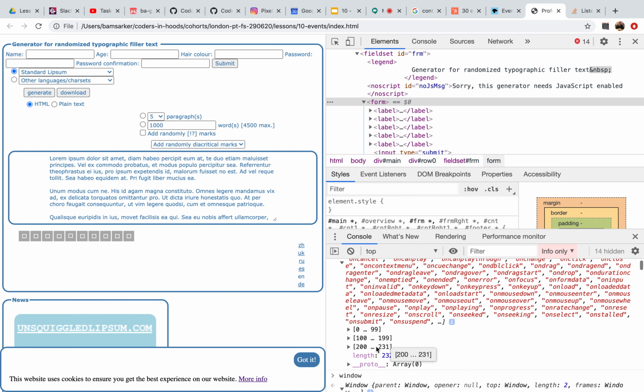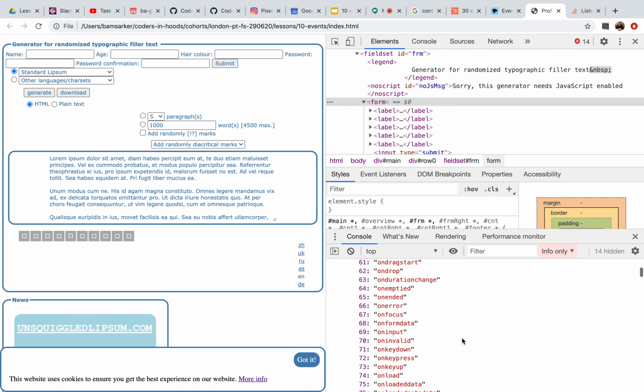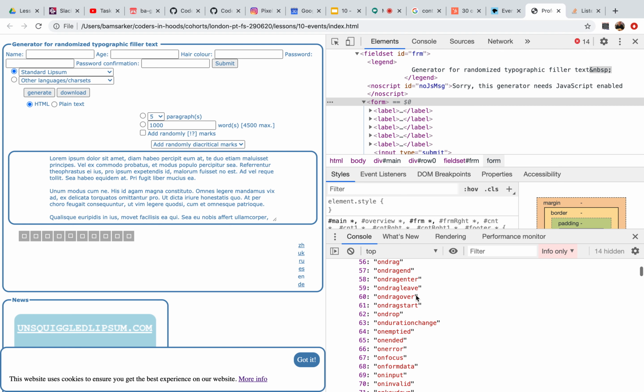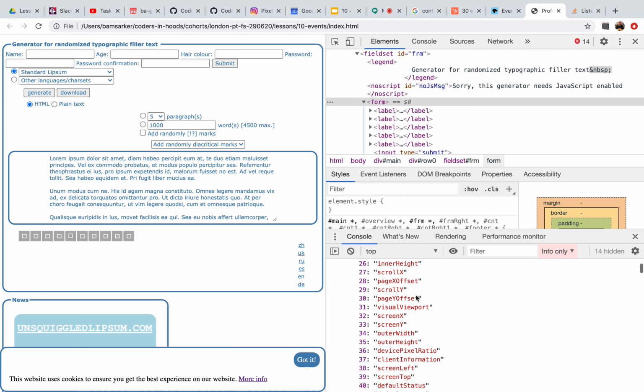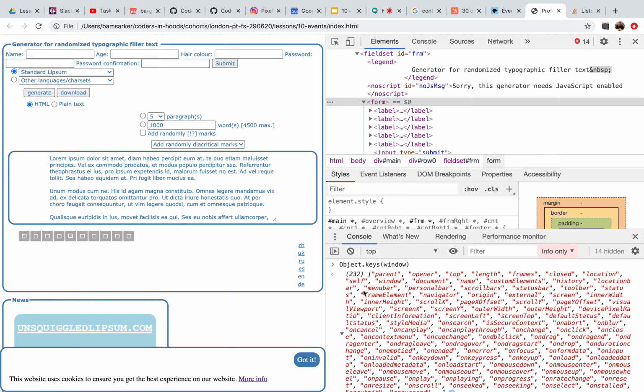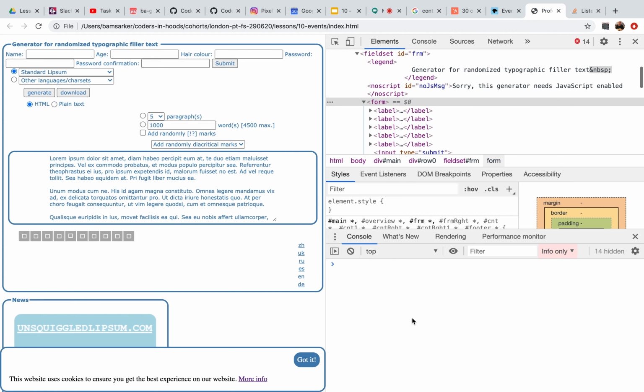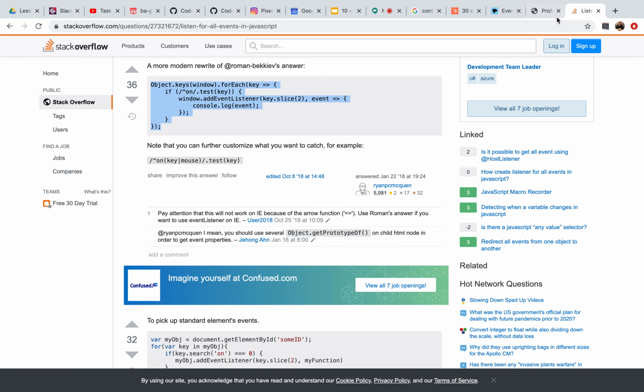This is them in an array, so there's quite a lot of them. But another way to listen for events is actually using on: on click, on input, on focus. I don't tend to like it quite as much, but it's another way of doing it. So what that little snippet is doing is, let's copy it again,